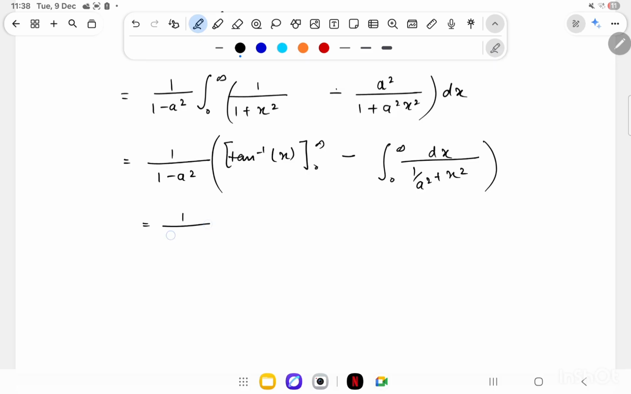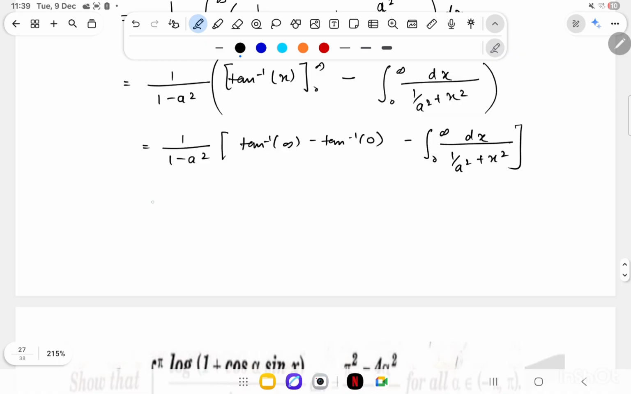So this will be equal to 1 divided by 1 minus a square, tan inverse infinity minus tan inverse 0, minus 0 to infinity dx divided by 1 by a square plus x square. And this simplifies to tan inverse infinity, basically pi by 2, and tan inverse 0 is 0. So it will be 1 minus a square, pi by 2 minus, this simplifies to tan inverse ax divided by constant, and here the constant term is basically 1 by a. So it will be 1 divided by 1 by a, that is a only,